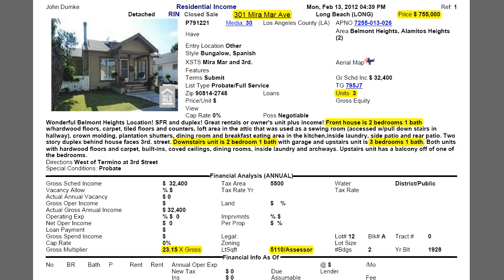So let's take a look at a quick example of a property we recently sold, and this is the MLS printout. Obviously the address and the price is correct. It did sell for $755,000, but here are the 3 bits of data that I look at: the number of units, the assessor's lot size, and the total square footage of the building. And here you can see, if I scroll down,